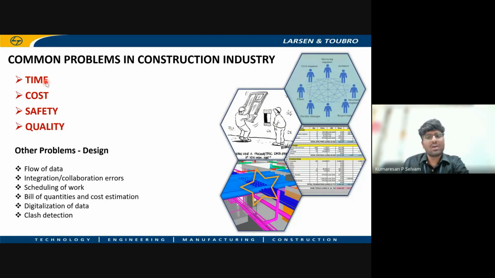The time here refers to productivity issues and also scheduling issues, where you schedule an activity in a flow, but due to inefficiency or the unavailability of equipment or manpower, it may be disrupted.